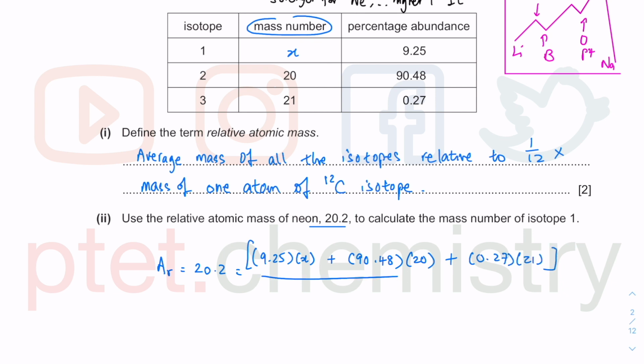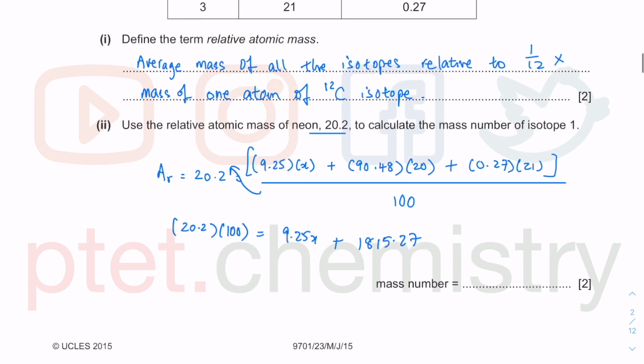The whole thing added up together, and you will get out of 100%, as these are percentage abundances there. As I move the 100 from the bottom to the top there, what I get is 20.2 times 100, and I just get 9.25x plus 90.48 times 20 plus 0.27 times 21. I will get